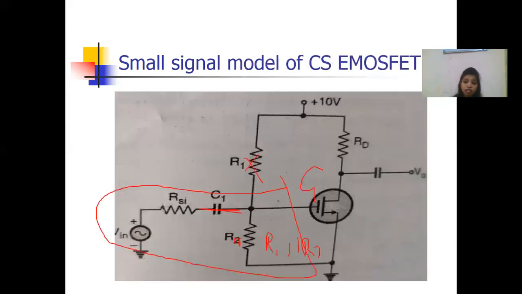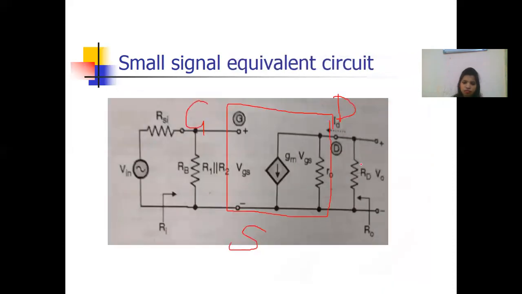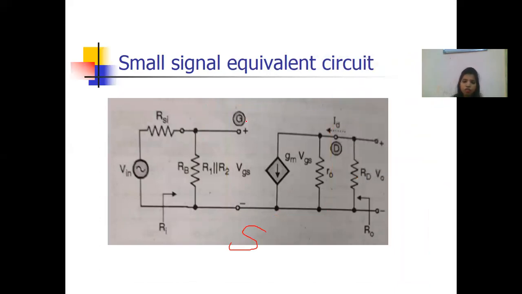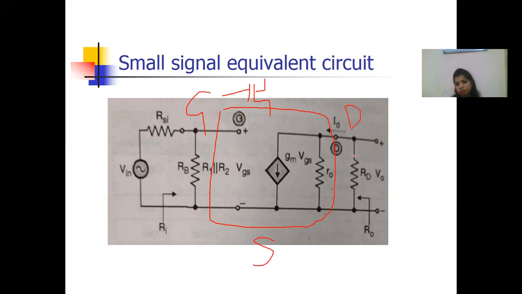Now what is the drain side? This is the drain. Now this is short circuit, and this is grounded. So what is at the drain? Simply the drain resistance, connected here. Understood? This is the main topic. First, you have to draw the small signal model for this MOSFET symbol. Then you have to check what is at the gate. At the gate there was the voltage, resistance, and equivalent resistance. At the source there was ground. At the drain there was RD.